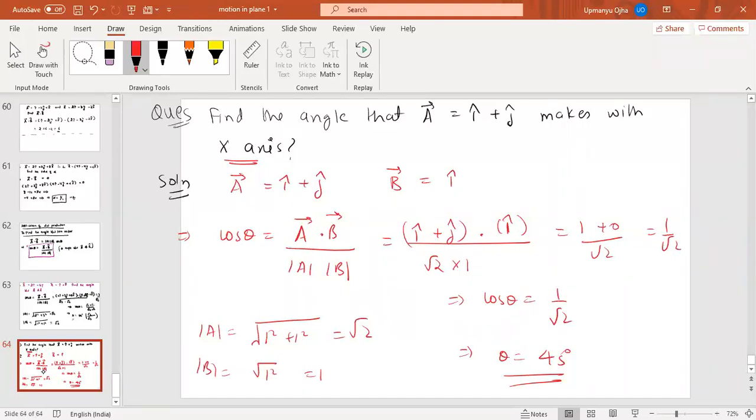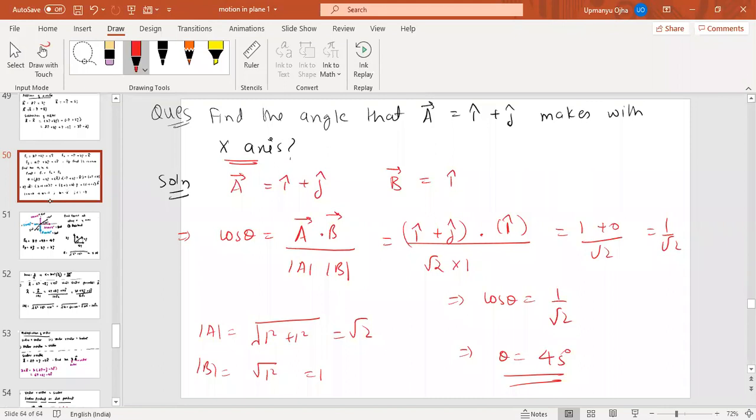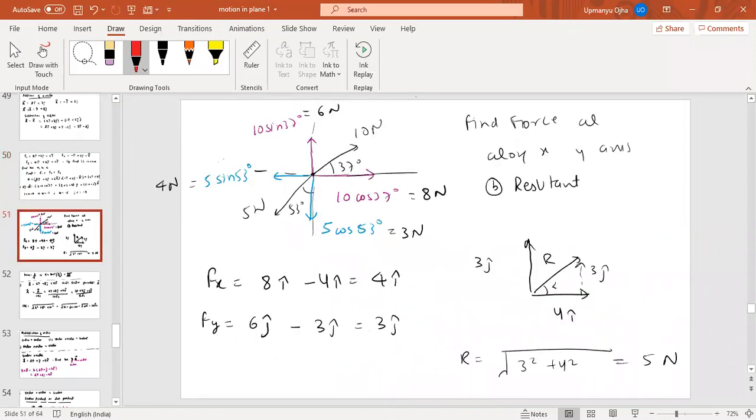Again, I told you, I will not show you the slide again. When I'm showing the slide, you should copy that, or you can take the screenshot. No, no. In the NCERT book, it is not there, which means the chapter is not like vector. Vector is a part of motion in a plane. But in your CCAS material, you have a separate chapter of vectors in calculus. I am giving the homework from there only.